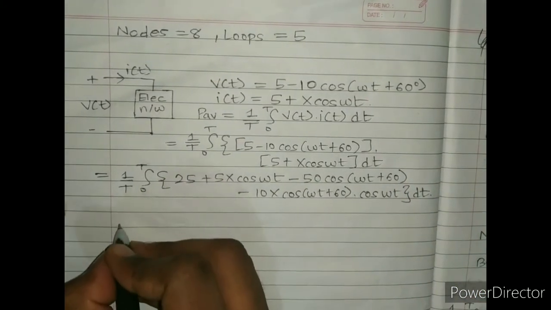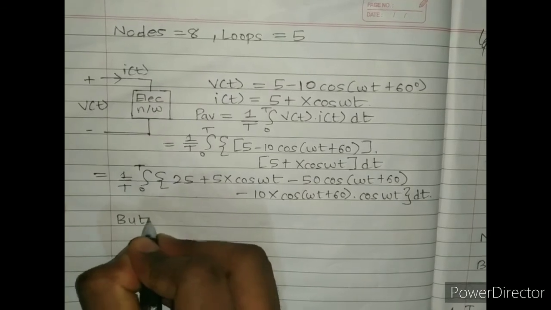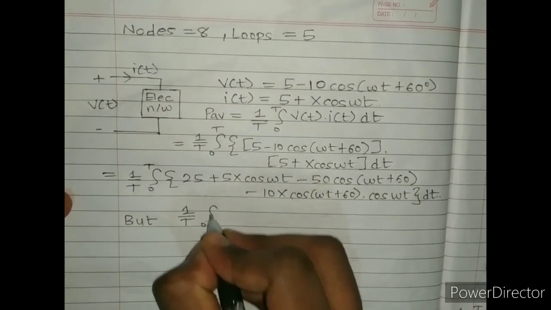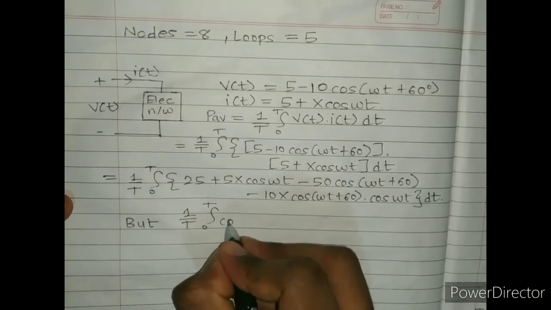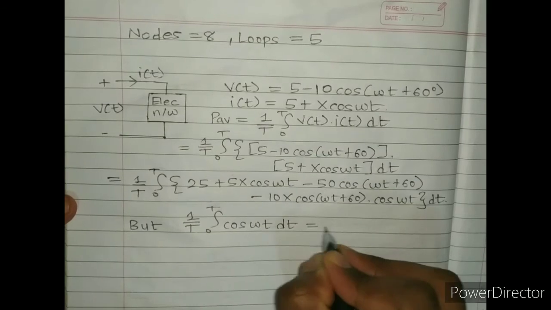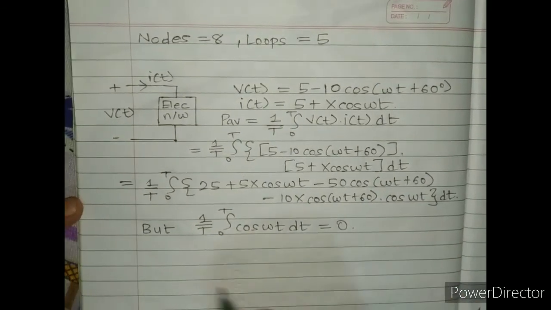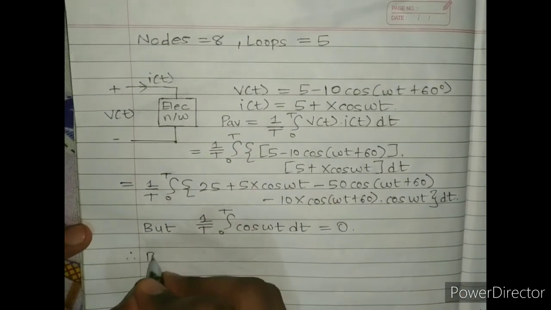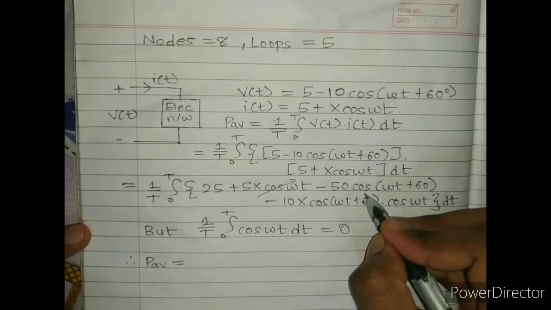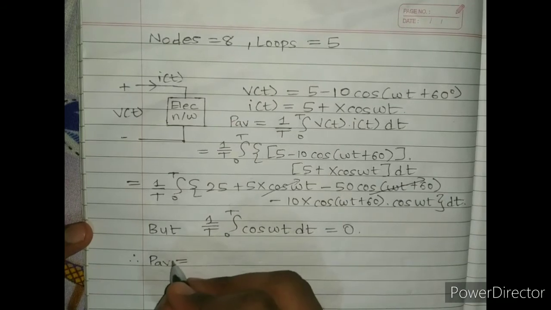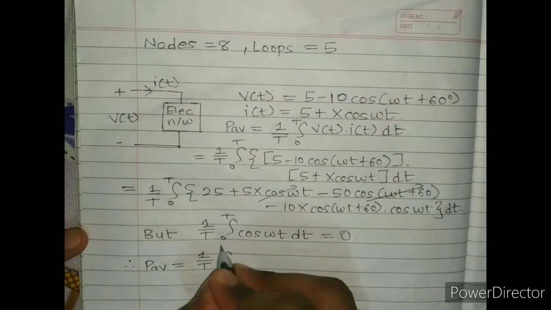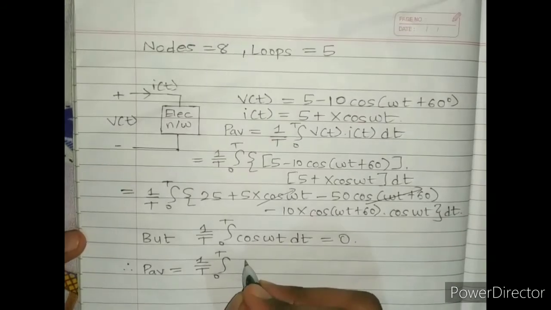We know that the average value of cos omega T is 0. Therefore, 1 upon T integral of 0 to T cos omega T dt is equal to 0. Therefore, in P average, the terms phi x cos omega T and 50 cos omega T plus 60 have average value 0. Therefore, P average is 1 upon T integral of 0 to T 25